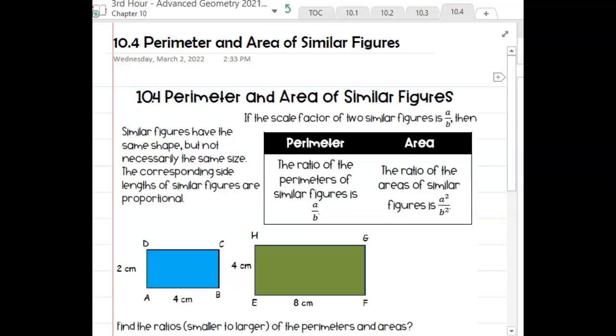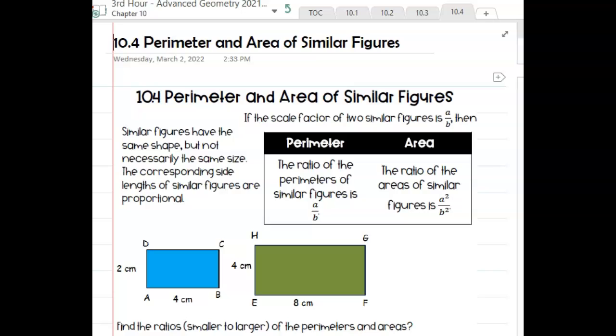Okay, so today we are going to move on to 10.4. This section, it's not too bad. I think this one's definitely a little bit easier than what we've been doing, those area problems. I plan on spending 2 days on this, and after going through the notes, we are going to do a